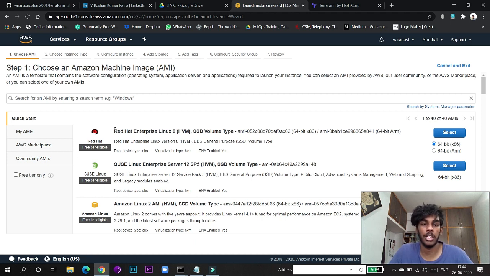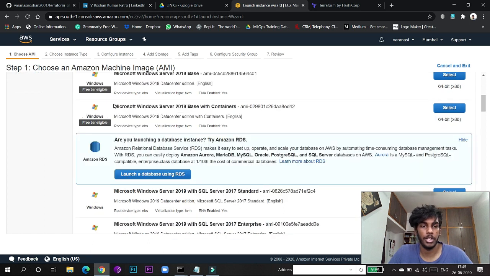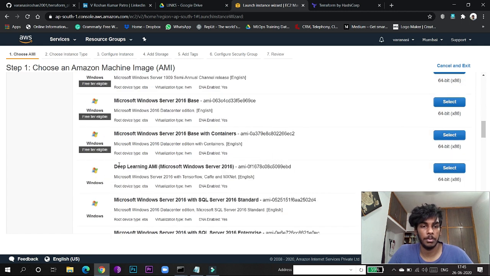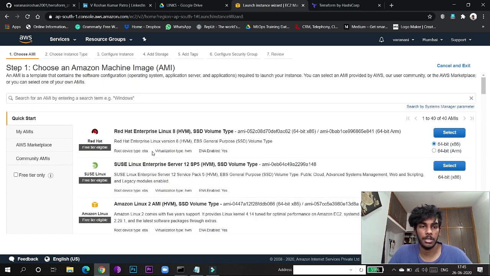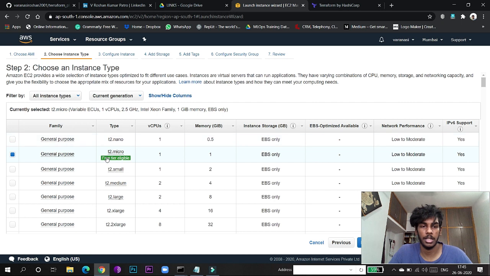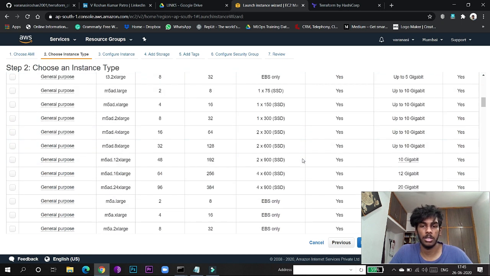So here we have the AMI, Amazon Machine Image, and for Linux you have Red Hat, and this is the Amazon AMI. This is for Windows, as I told you earlier. For deep learning, you can use any AMIs. I am going to select this inbuilt AMI, and you can see it is free tier eligible. So go here,